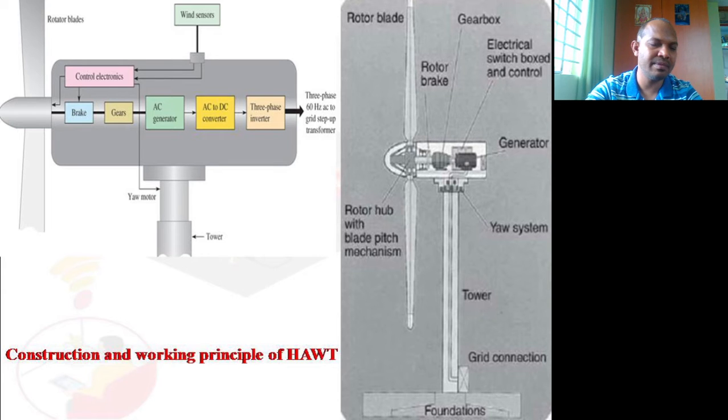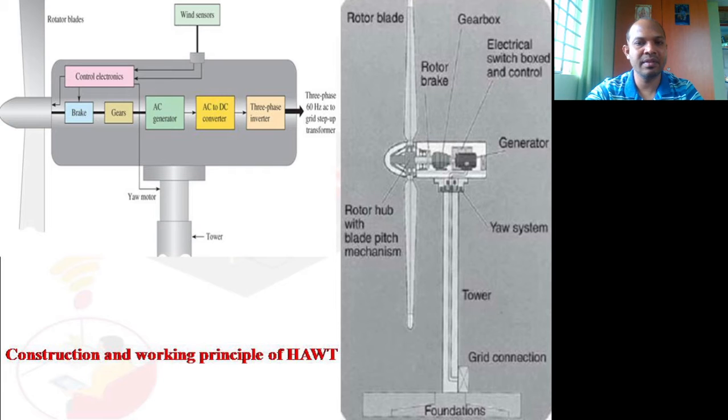As you can see in the left figure, there is a nose-like structure to which a number of blades are attached. These are called rotor blades. The place where they are placed is called the rotor hub. The hub is the component for which a number of blades have been designed, and this rotor hub is coupled to a shaft at its center, and this shaft is taken out to the gearbox, as you can see here.